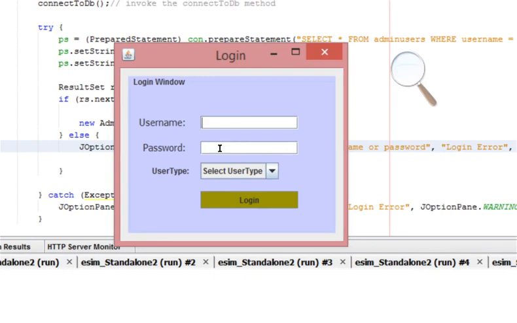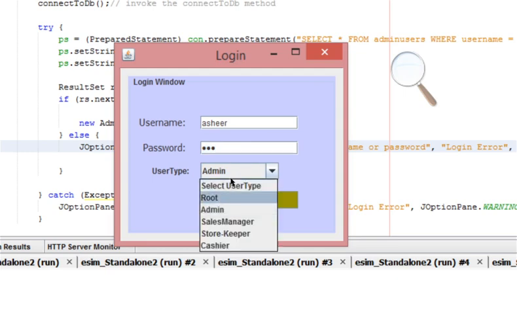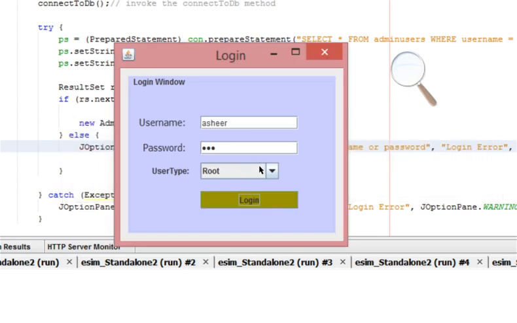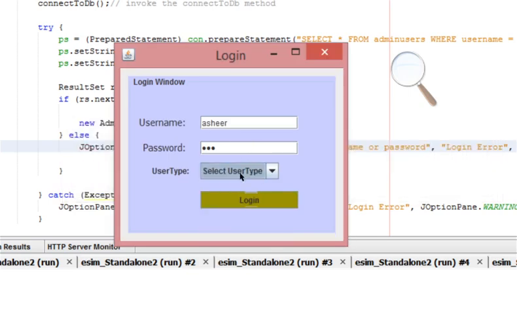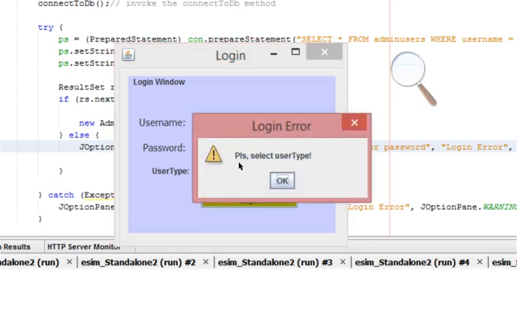If somebody supplies correct username password, he logs in. If the username or password is not correct, the system denies him from logging in. So we're going to do this for all of the other users. So if the password is not correct, and then you select the admin and click, it tells you incorrect username or password. So you check among these two. Okay, and then if it is correct, it logs in. If you select a different user, you see a message that it is not known. If user has not been selected and you click, it tells you select